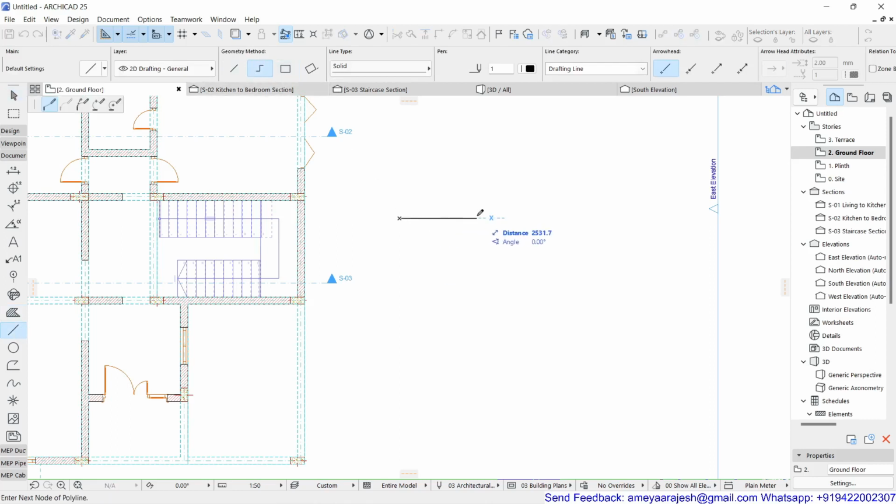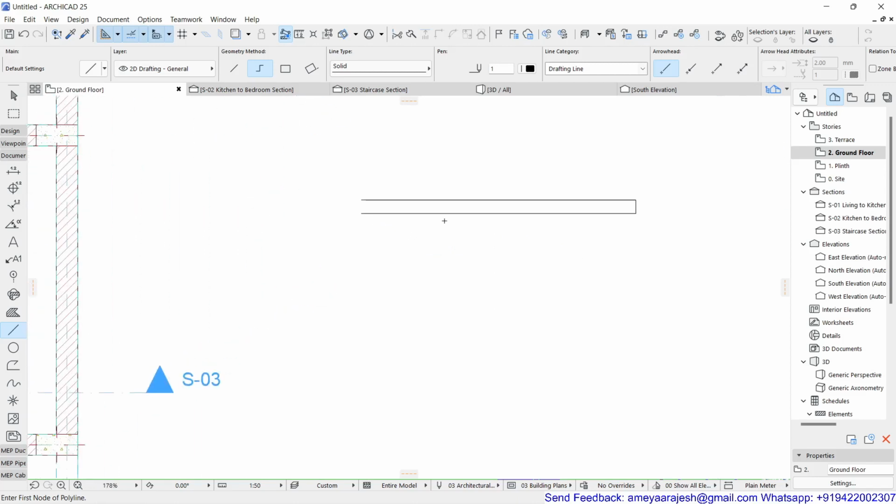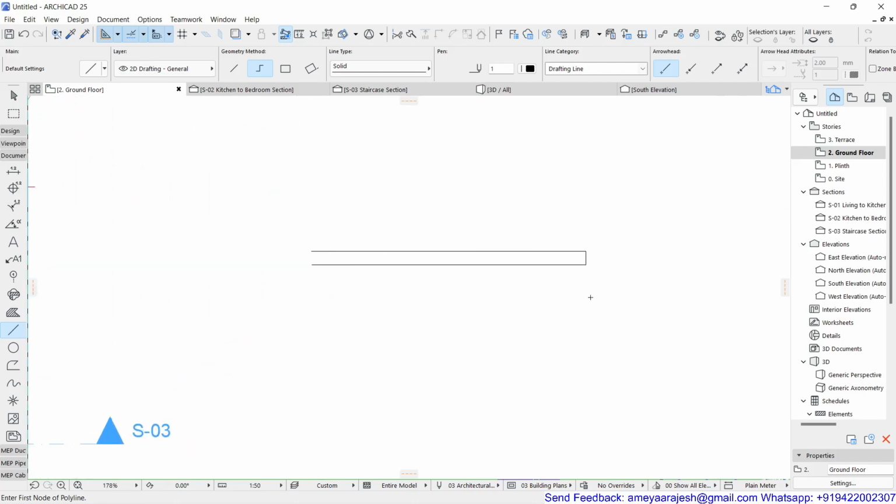If I draw this way, the distance which I want to travel will be 3 meter. Then I'll have a gap of say 150, and again I am going to return for 3 meter. So if you have such predefined line work, then you go inside the stair tool